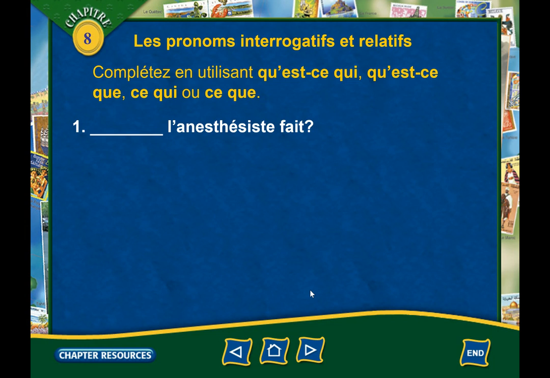So we're going to say, what does the anesthesiologist do? That's what we want to ask. What does the anesthesiologist do? So this here, that's a subject and that's a verb. So do I want